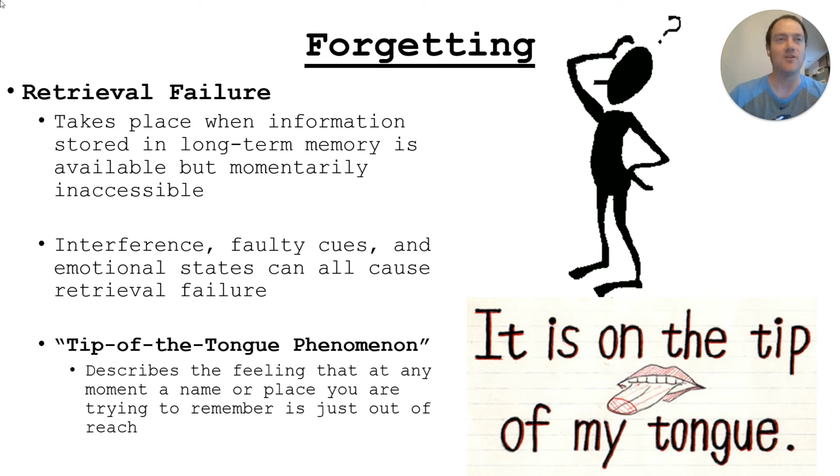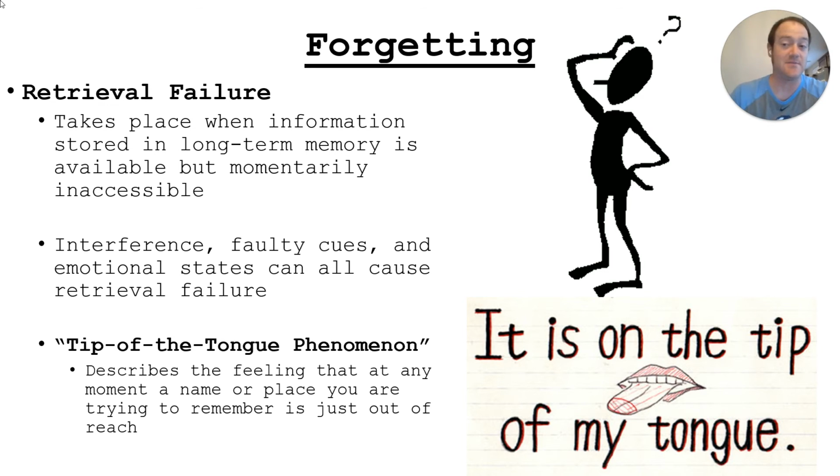If you're angry, you're not going to be thinking properly about what you need to recall. Sometimes this results in things like having something on the tip of your tongue. You know that person, but you just don't know from where. It's on the tip of your tongue. You know that person's name. It's right there, but you can't quite get it. We've all had it happen.